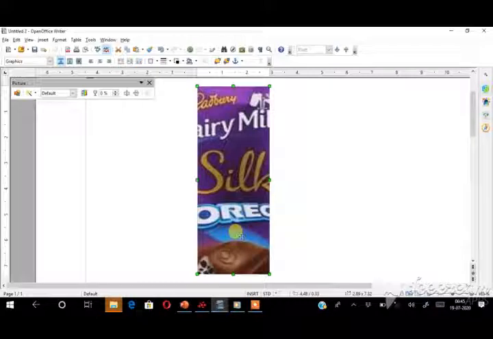Now see what is the difference between keep scale and keep image size. In keep scale, the size of your picture is reduced. In keep image size, the size is increased. This is not the small one. In both we are doing the crop option, but it is a little different.